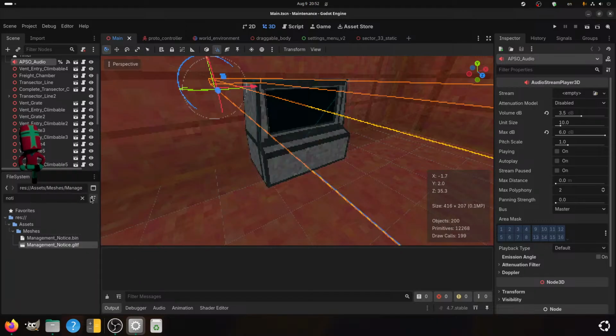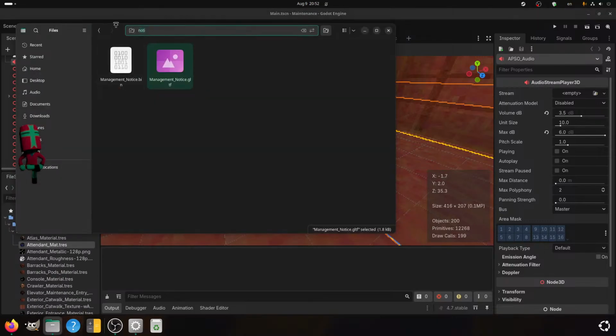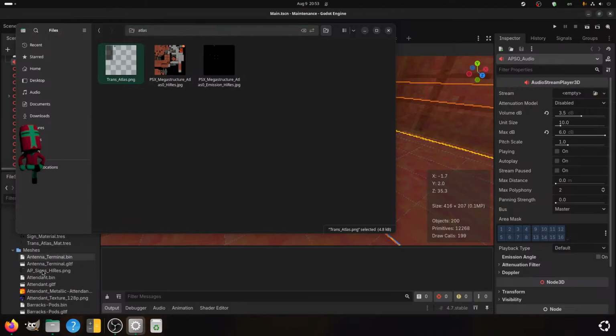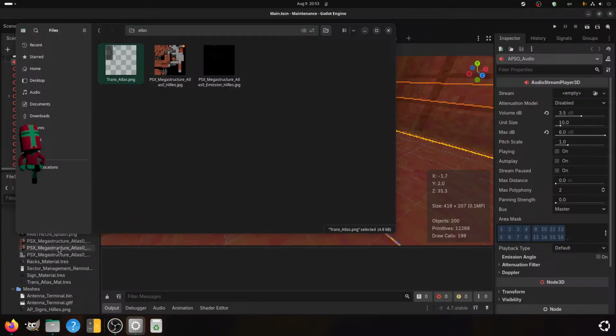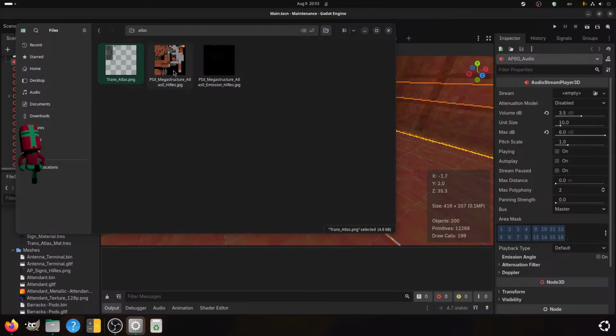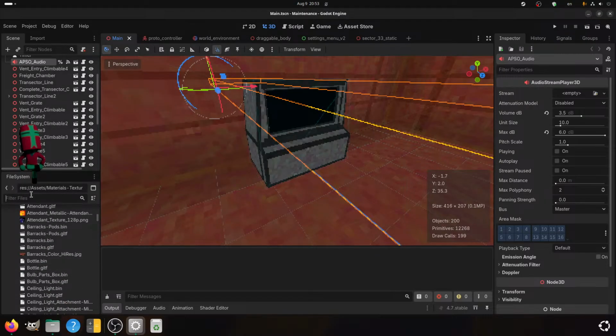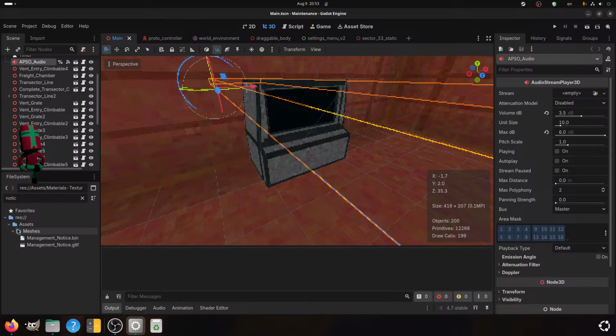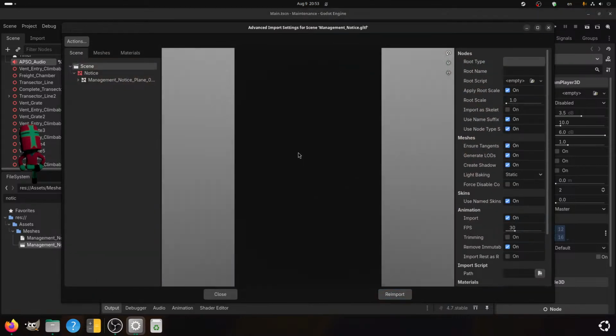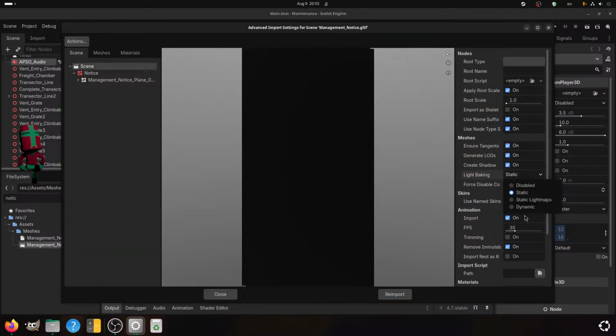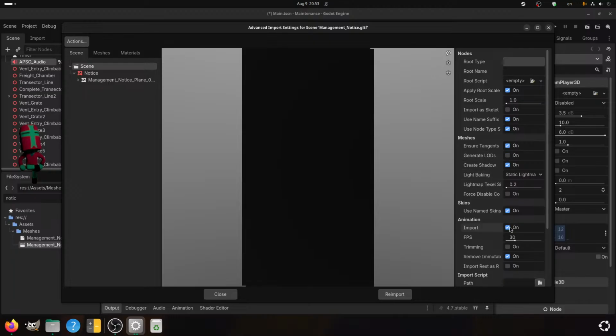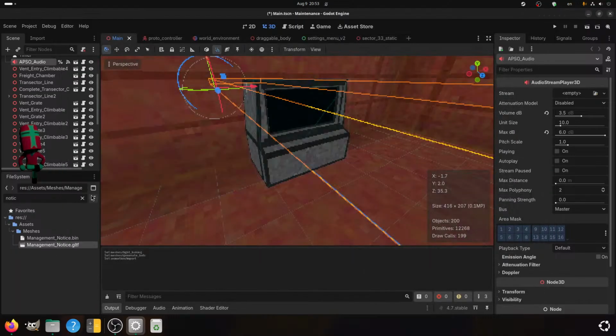Re-import. Thank you. Here on the texture, the Atlas. And notice, management notice, static light maps, generate all of these, re-import.